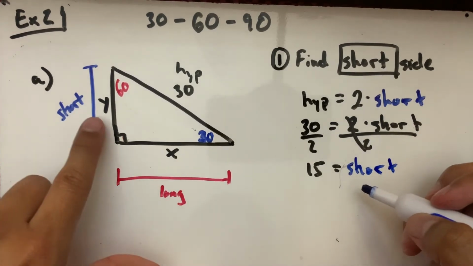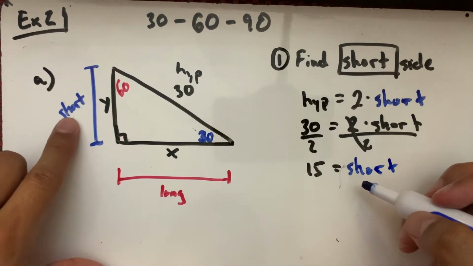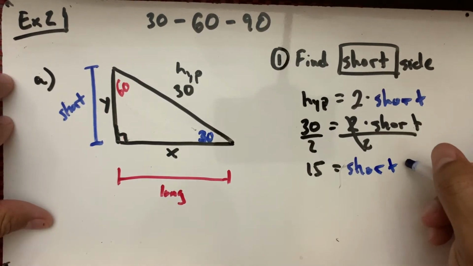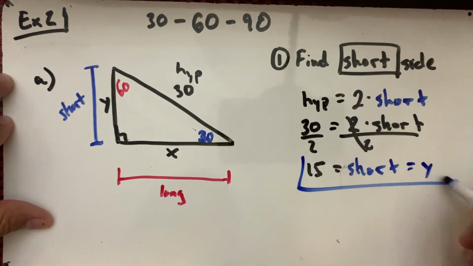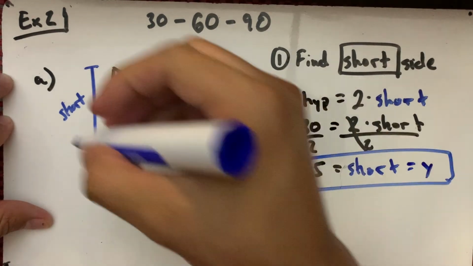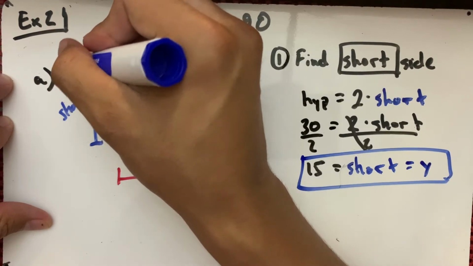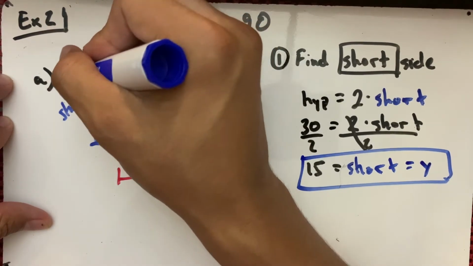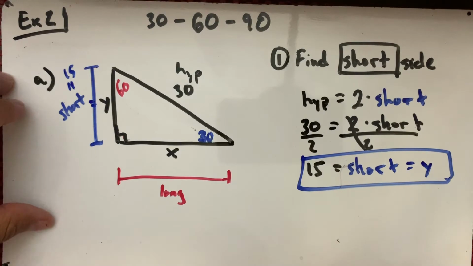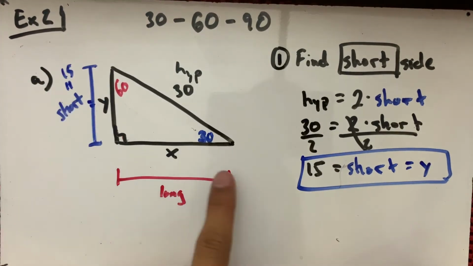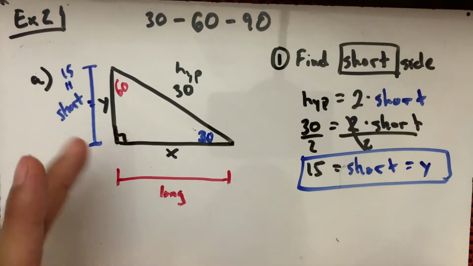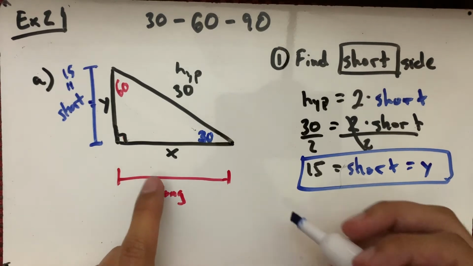So this right here, this y, so short is going to be equal to, this equals y, 15. So from here to here is going to be 15. Cool. Now, the long side, again, based off the video, we know it's going to be,